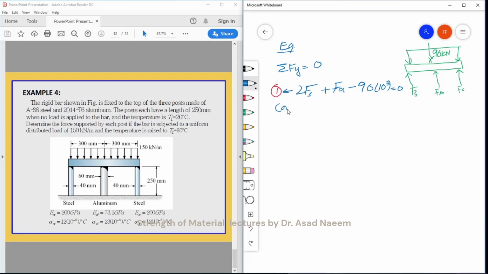Now for the compatibility equation. Okay, now we have to check कि पहले लोड की वजह से जो डिस्प्लेसमेंट होगी वो तो तीनों कॉलम्स में एक जैसी होगी. ठीक है, सो इक्वेशन आप कह सकते हैं जो हमारे पास ये लोड की वजह से डिस्प्लेसमेंट हो रही है, दैट इज डेल्टा एस इज इक्वल टू डेल्टा एल्यूमिनियम ड्यू टू लोड. ठीक है, फिर हमारे पास जो टेम्परेचर की वजह से डिफॉर्मेशन हो रही है,